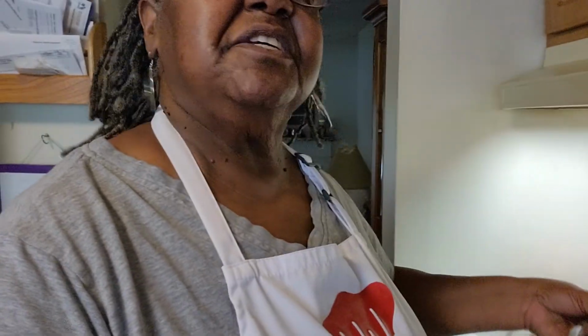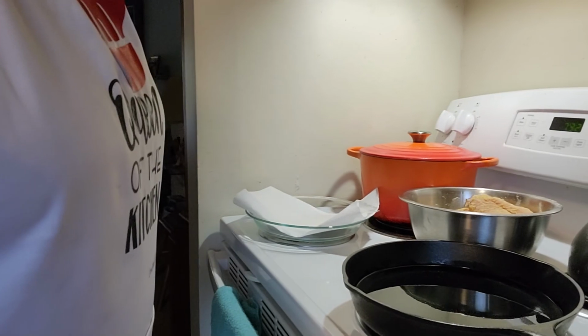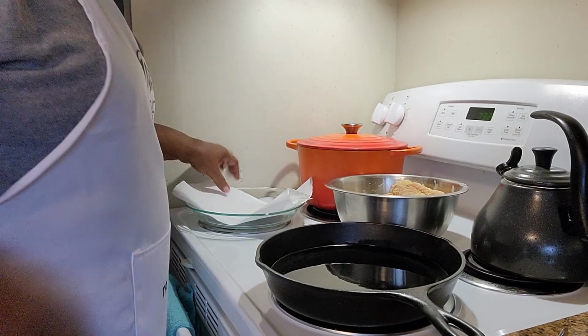Okay, so I'm back. So what I've done is I have seasoned my fish with all of the cornmeal, and I have it sitting here. My grease is good and getting good and hot. Let me put this so that you can see the skillet. There it is. Okay, so what I'm going to do